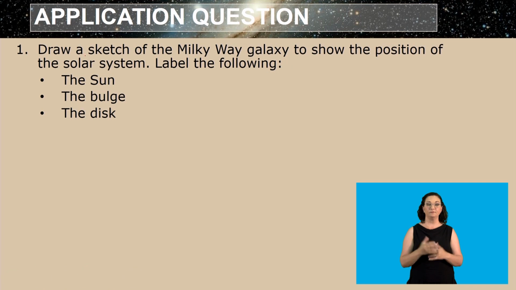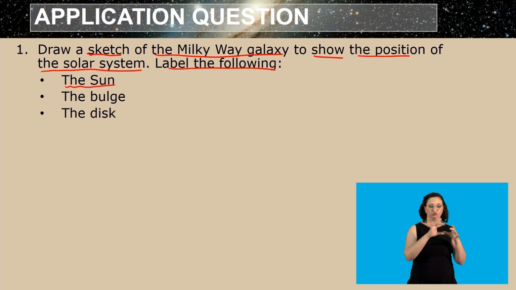Now, welcome back, learners, and now we are going to look at our application questions. Let's look at application question number 1. It says to us, draw a sketch of the Milky Way galaxy to show the position of the solar system. Label the following. We must label the sun on our Milky Way. We must label the bulge as well as the disk, which is the spiral arm disk that we find on